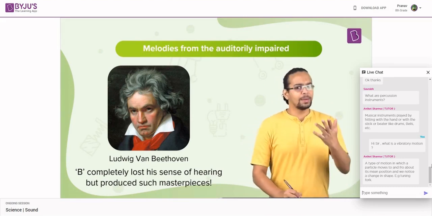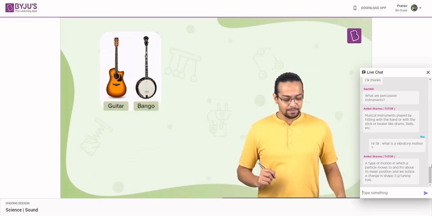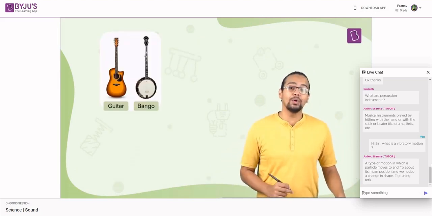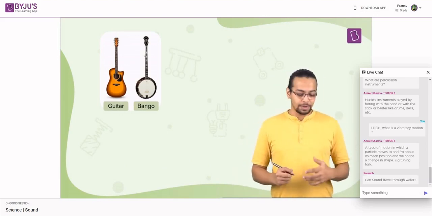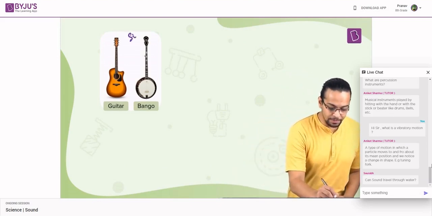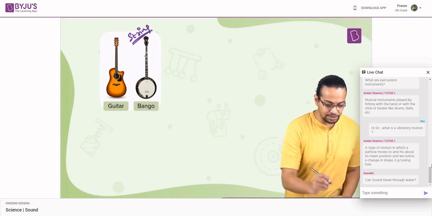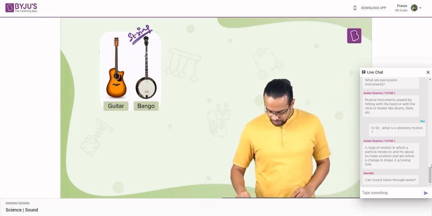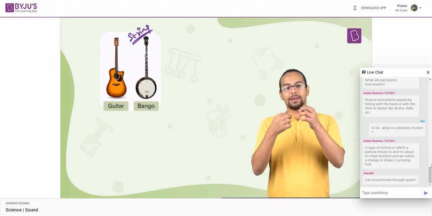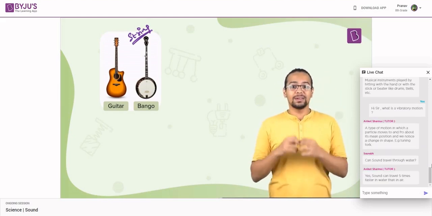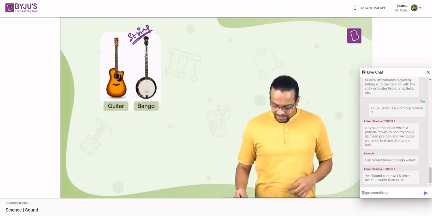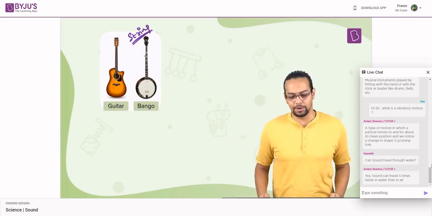Speaking of music, I'm sure you've encountered a guitar. The other thing there is called a bango, which is a native instrument of certain countries. Now, these work on the principle of a string that is stretched out. Think of it like a rubber band. Now, I have a rubber band in my hand. You hear that tuck, tuck, tuck, tuck, tuck? There's something fun that happens when a string instrument is playing, all right?